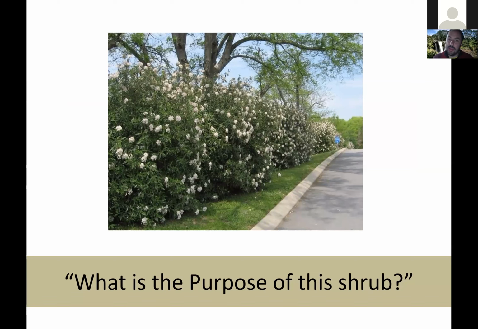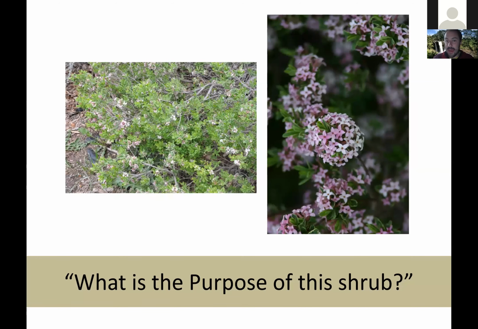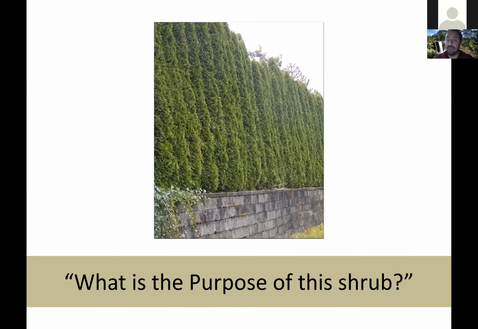Same thing. So here's another example. This is a small, nearly evergreen shrub. This is Daphne. And we plant that primarily for the good smelling flowers. So we want to prune in a way that, in fact, there's very little pruning to be honest, but prune them in a way that maximizes flower production. This is obviously a hedge. This is not Colorado, right? It's an arborvitae looking Colorado. But we want to prune in a way that keeps them dense and allows them to be a hedge. So hopefully that makes sense.